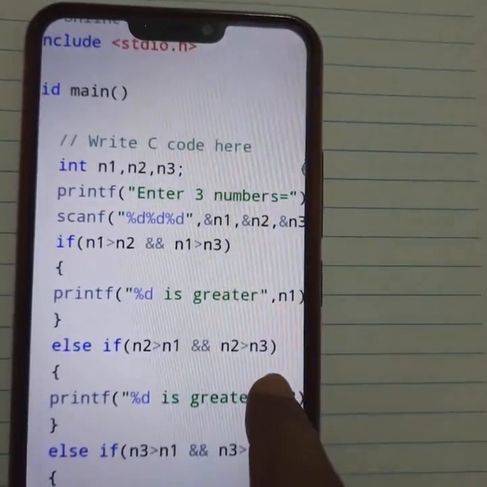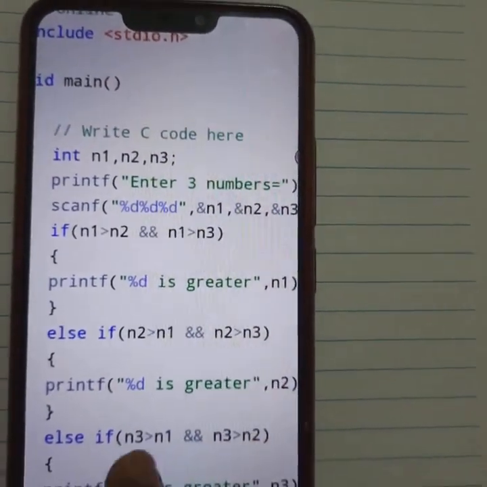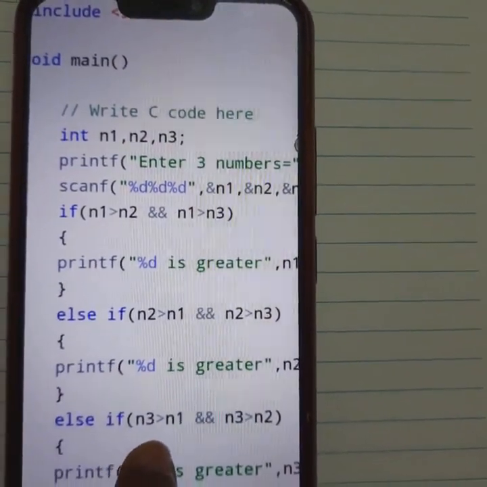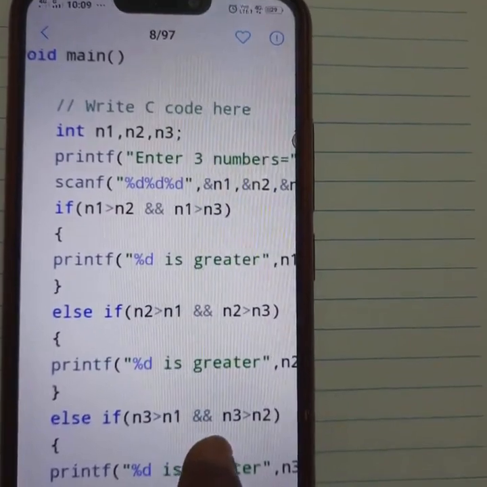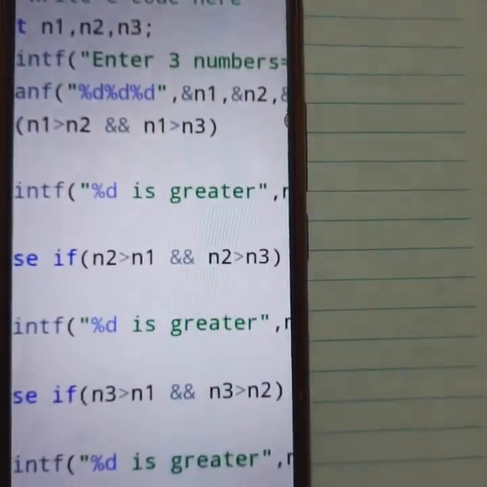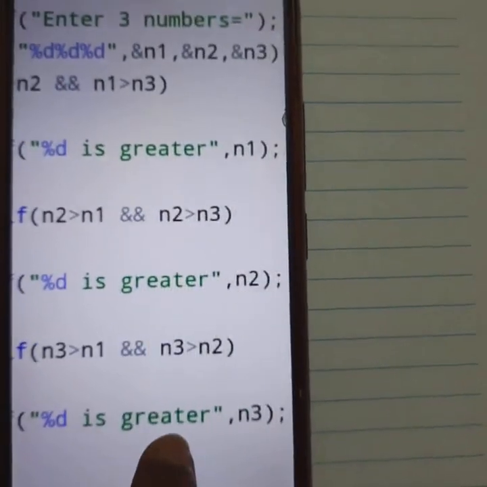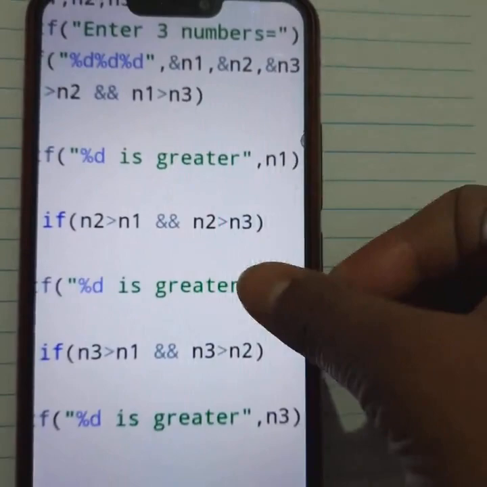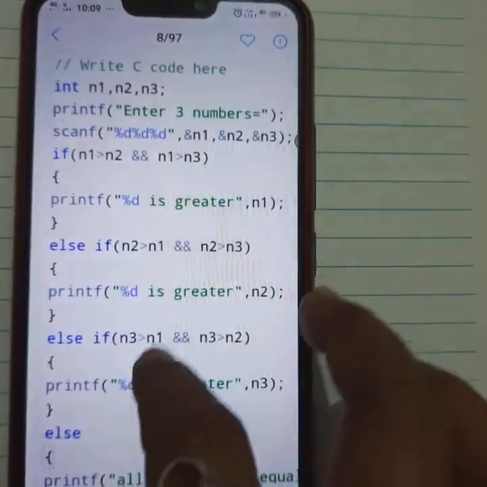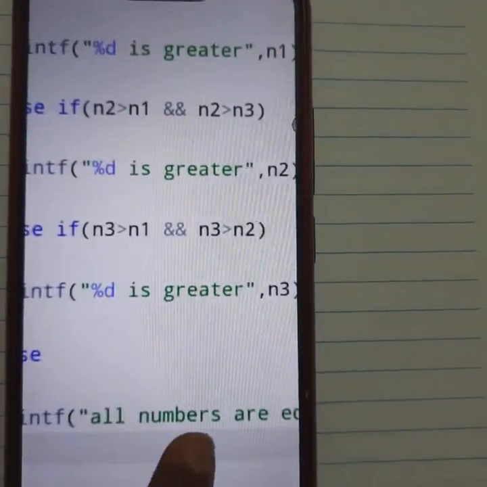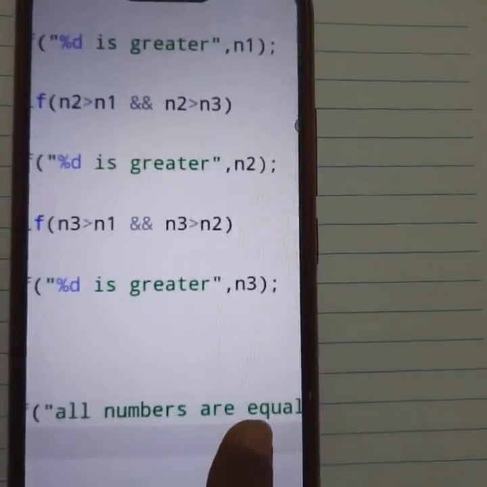If this condition is false, the compiler again comes to the next else if, that is number 3 is greater than number 1 and number 3 is greater than number 2. Then the compiler will print %d is greater, meaning number 3 is greater. If these three conditions are false, then the compiler will come to the else part, that is all numbers are equal.